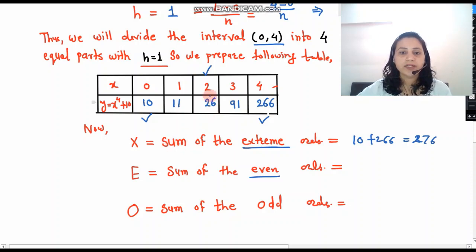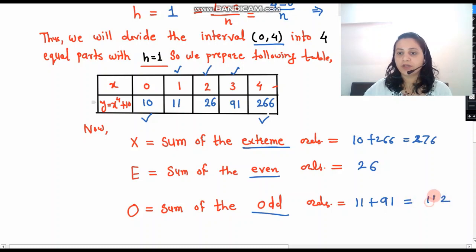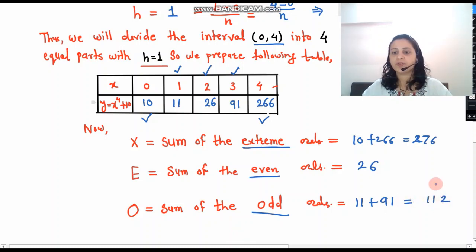So even ordinates, that is only 2 here. So the value of E is 26, corresponding to the value of 2, even ordinates, okay? And the sum of odd ordinates, odd here 1 and 3. So the corresponding values are 11 and 91. So which is equal to,